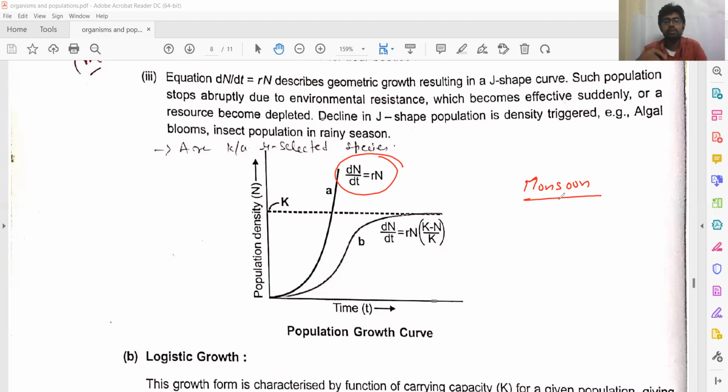As soon as the resources are depleted, the population declines at a very fast rate and vanishes. So the equation for this type of growth is dN by dt is equal to rN, and this type of growth is known as geometric growth or exponential growth, and the curve is J-shaped. Again, very important. Such populations stop abruptly due to environmental resistance, which becomes